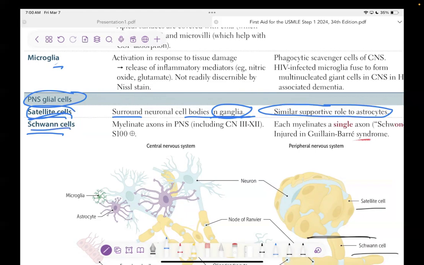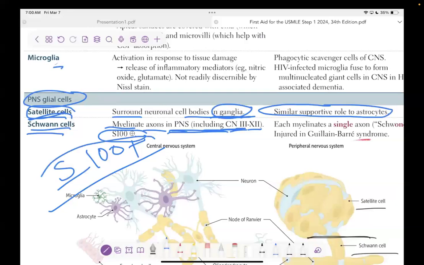Schwann cell makes the myelin of the axons in the peripheral nervous system and also cranial nerves 3 to 12. Just cranial nerves 1 and 2 are myelinated by oligodendrocytes. The other nerves are all Schwann cells. And the marker for Schwann cell is S100. S for Schwann and 100 plus. It means this is the marker. Whenever you see S100 in a question or in a biopsy, you just remember that S100 is for Schwann cell, and Schwann cell comes from